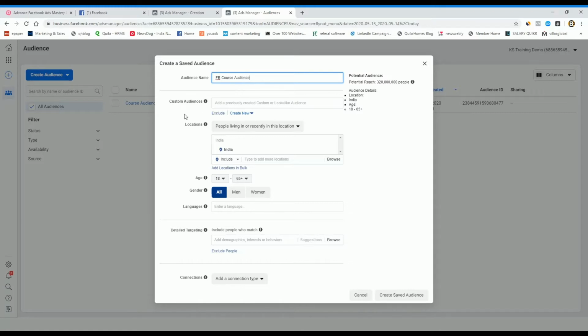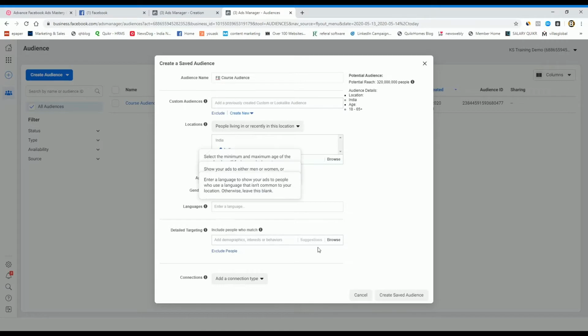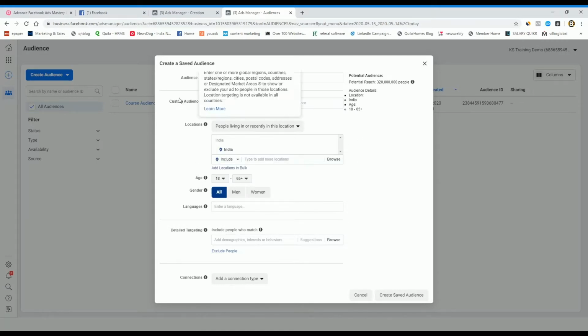Right? In this there are two kinds of audience. Custom audience. We need not create a custom audience now. I'll teach you later on what a custom audience is and how you can create one. You will get data from this advertisement for creating any custom audience or lookalike audience. So first you have to create a traffic advertisement, or any advertisement, with a video, so that you will get enough data to create a custom audience.